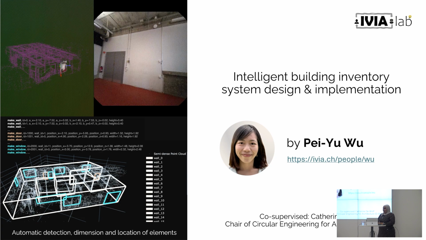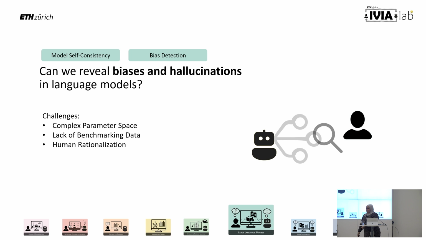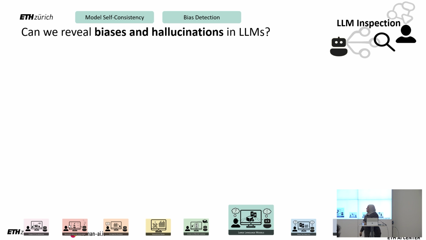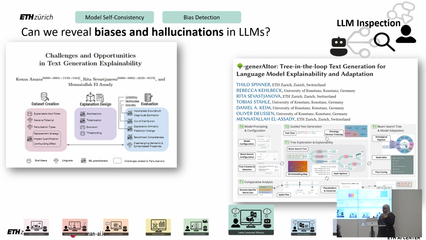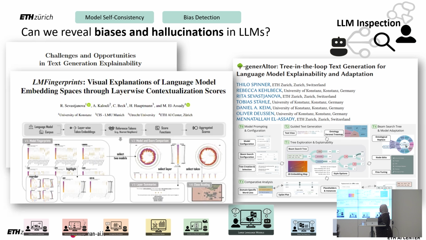All right. So now I've shown you four of these areas, and the last one I want to come to is language models, because we are living in the era where everyone talks about language models. For that, the question that we address is biases and hallucinations, and how we find and detect them. With language models, there are a lot of different challenges that still need to be solved. We are tackling that by explaining the behavior of these models, fingerprinting their understanding, and trying to figure out on which data they've learned a particular behavior, and how we detect and augment hallucinations.